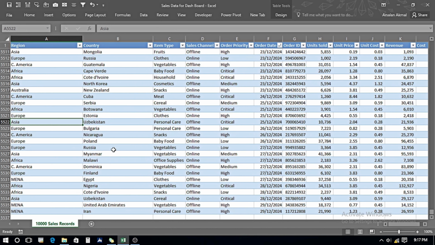If you want to watch the video on how the pivot table works, then you can click on the I button above. I've made many different videos on pivot tables, so you can have a look at them by clicking the I button above now.